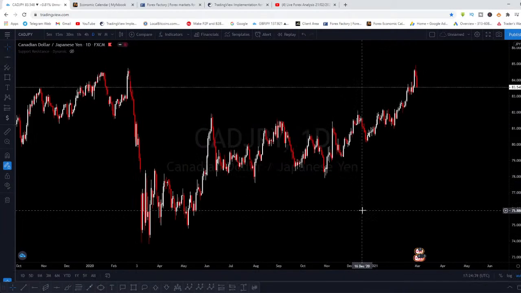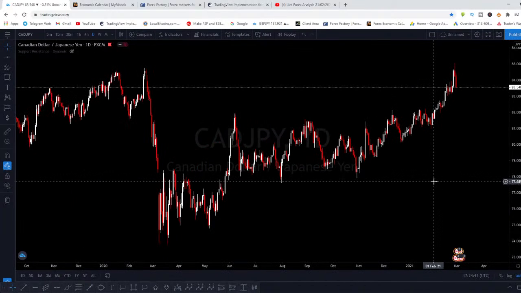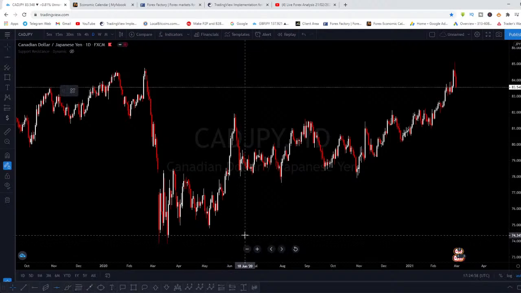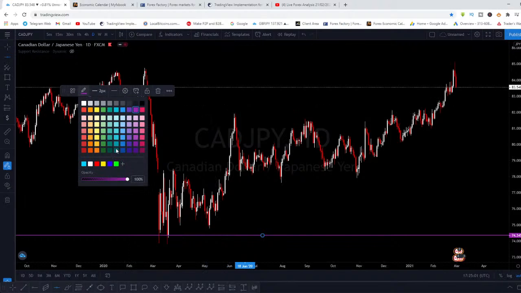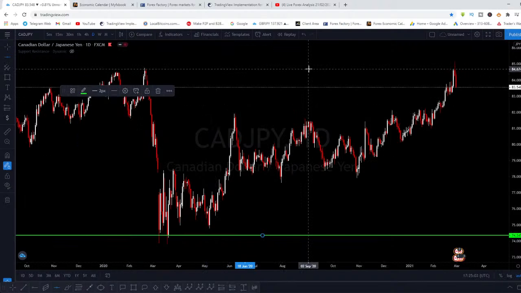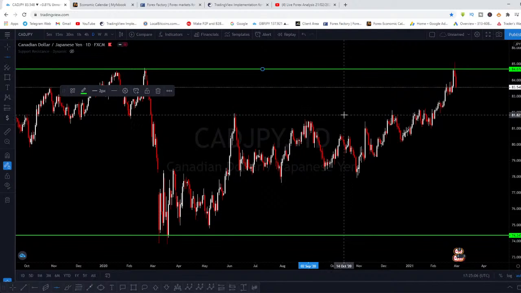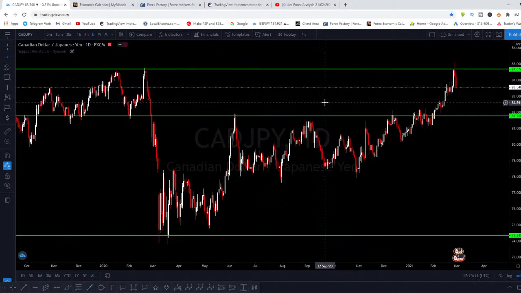All right, so now we start putting our support, our resistance as usual, right? But I don't just get into the market by just plugging my support and resistance. I look out for candlestick patterns and my signal confluences, right? It is very, very important, guys. If you are able to stick to your strategy and things like that, you have to backtest it and develop your own strategy as well. But it's all up to you. Nobody can force you to do that. If you say you're not gonna do it, it's up to you.